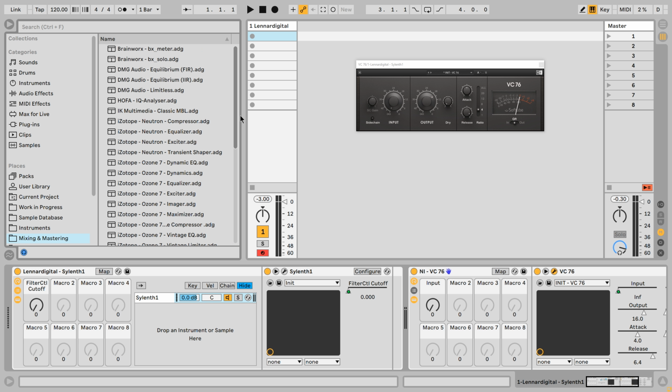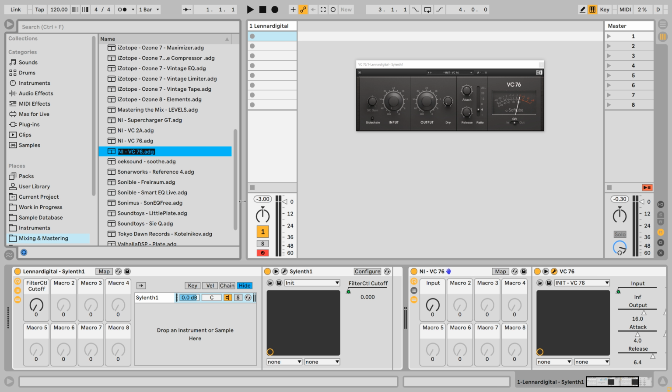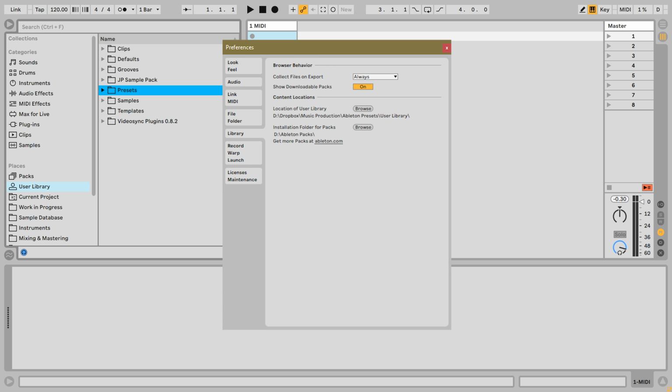I have to admit, it takes a while to create all of these presets and save them to the right folders, but if you take a nice afternoon for this, you'll be very happy with the end result. Now there's one more thing that I want to add, and that is that you can also place your user library into the same cloud folder. And if in Live you point out where that user library is, so every time on every system you point out